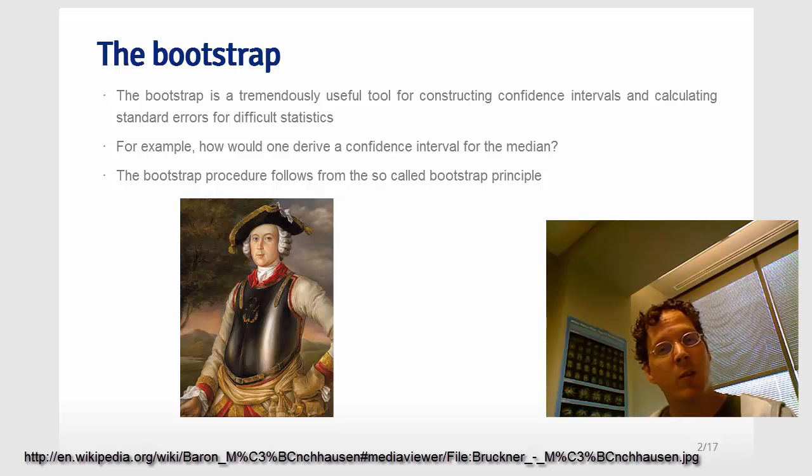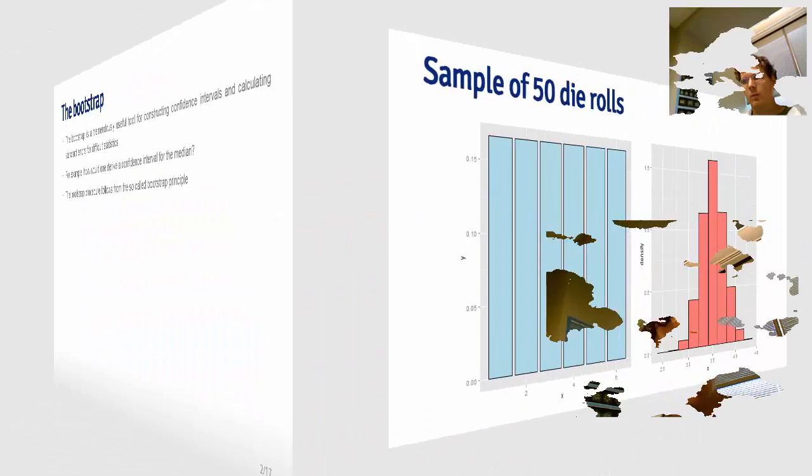And the idea of pulling oneself up by one's own bootstraps is the idea of doing something that's physically impossible. And that's not a terribly appropriate name for what's going on in the statistical procedure, the bootstrap, because we can draw a direct line from the information that we're using to the inferences that we're making. So it's not at all like pulling oneself up by one's bootstraps. It's quite possible, and how it's working is pretty clear. So it's an important technique. It's very liberating. And I think it's also very much so in the spirit of data science.